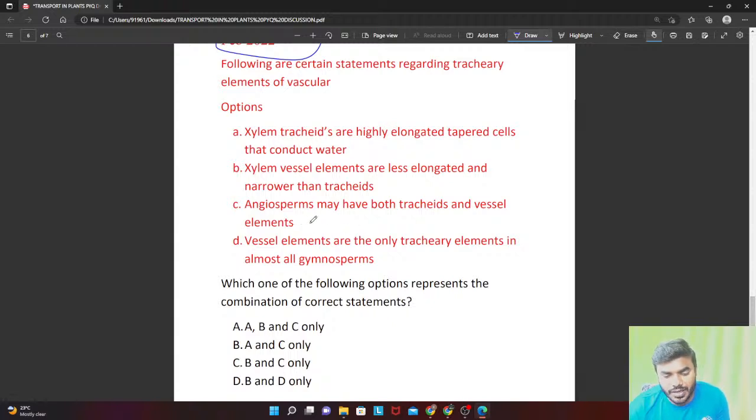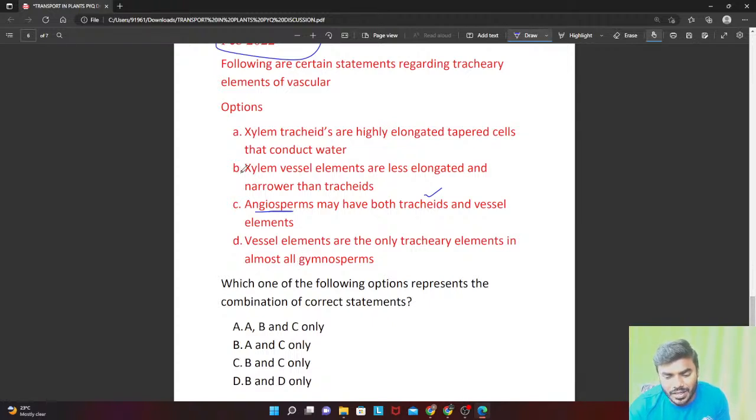Shafia, actually angiosperms are very advanced, no dear. It contains the tracheids also. It contains the vessel elements also. But what will the angiosperm do? It will use majorly vessel elements. But angiosperm contains both the tracheids and vessel elements, but majorly it uses the vessel elements. They did not ask which it uses. They asked what are present. Most of the students are getting confused.